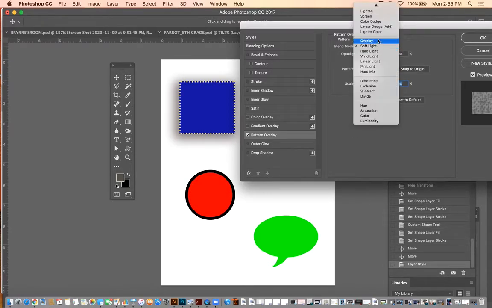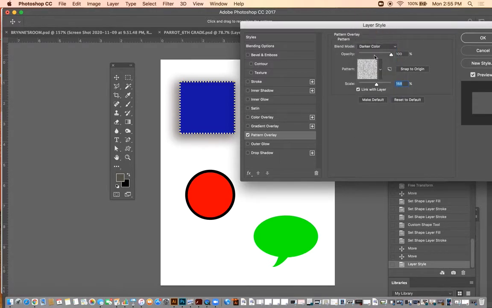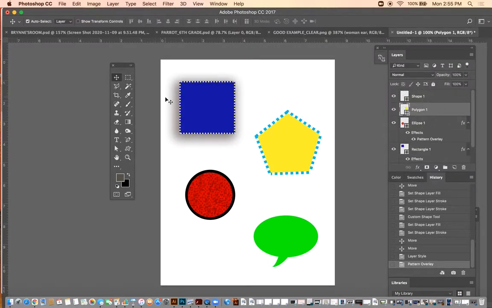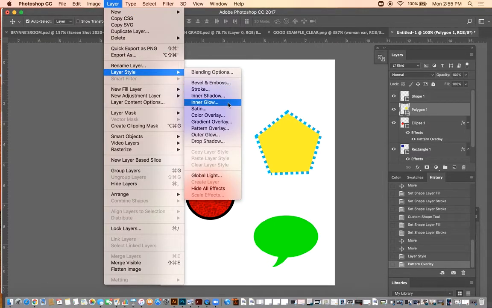It depends on which one you use. Some of them don't really work with different situations. The multiply works with this though. So that would be another layer style, right? So now I'm going to move on to the polygon and do a layer style. Maybe I'm going to try